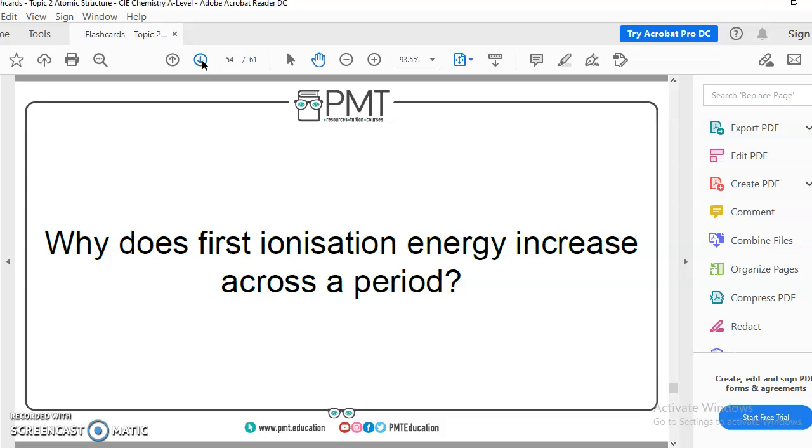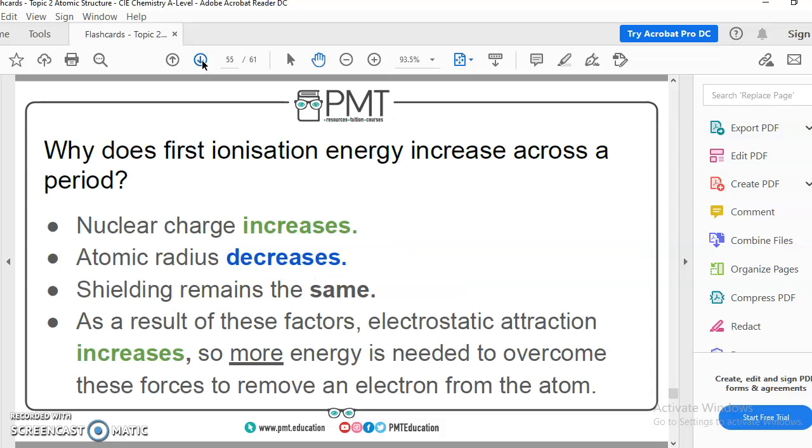So overall we will say first ionization energy values increase because of these reasons: effective nuclear charge is increasing, the radius of the atom is decreasing, the distance is decreasing, and the shielding effect, up to some extent, may be higher, but overall the electrostatic forces of attraction are increasing because no new shell is being added. So overall these forces